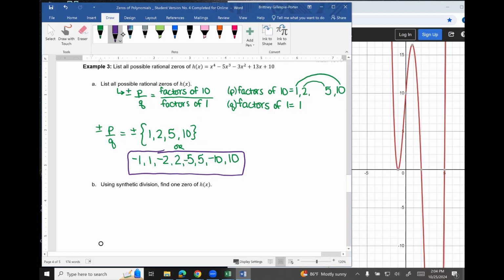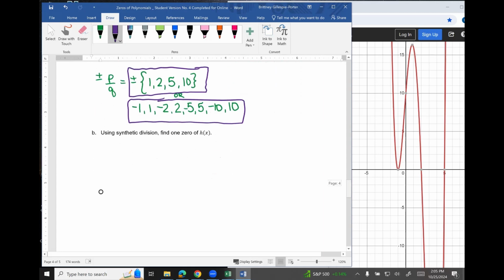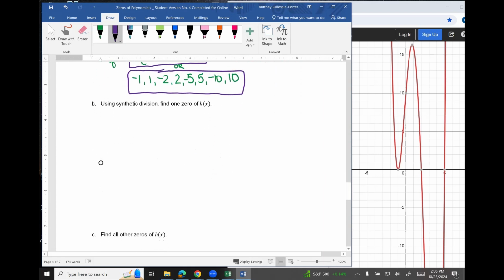We need to use synthetic division to find a zero of h of x. Remember, with the rational roots theorem or rational zeros theorem, we've taken an infinite number of rational numbers, which are integers, whole numbers, and all of our fractions, the rationals that we think of, right? And we've narrowed it down to these 8 choices. But even then, we do not have to try to guess and check which number we're going to put in the loser corner first. Instead, if we look at the graph,